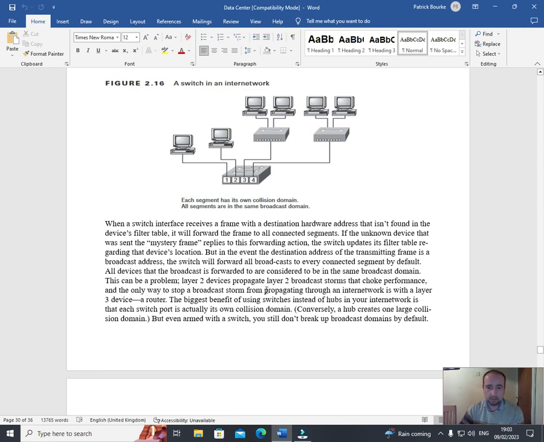Layer 2 devices propagate layer 2 broadcast storms that choke performance, and the only way to stop a broadcast storm from propagating through the internetwork is with a layer 3 device or router. The biggest benefit of using switches instead of hubs in your internetwork is that each port is actually its own collision domain. Conversely, a hub creates one large collision domain,